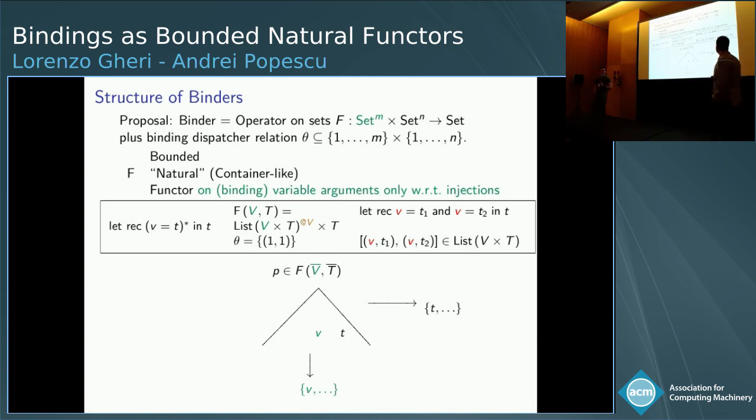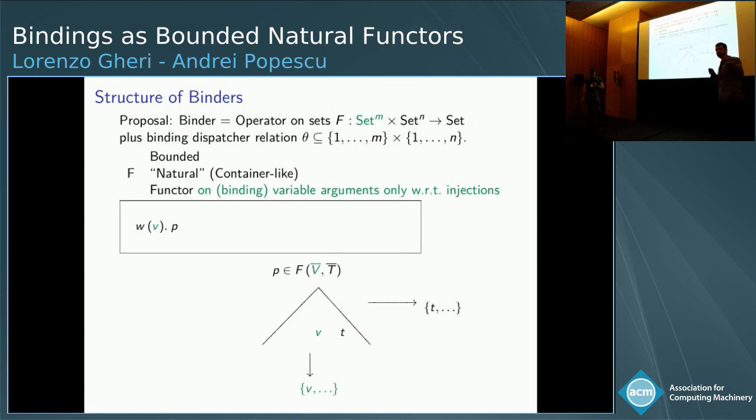Okay. But a second problem here would be the fact that so far we have considered binding variables, but we have completely ignored free variables. If we don't inject free variables, there's no variables to bind in the first place. And also some binding constructors put together, perhaps in complex combinations, both free and binding variables. This is a simple case. Let's say this pi-calculus prefix, where we have a free input channel name and a bound channel name.